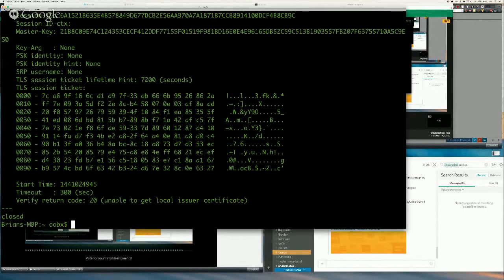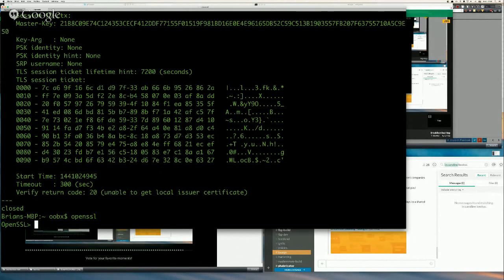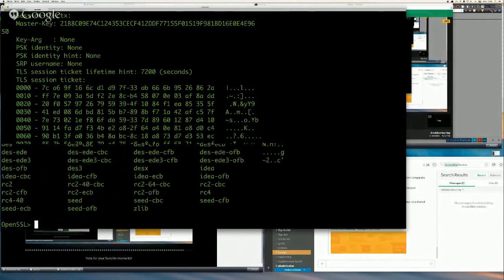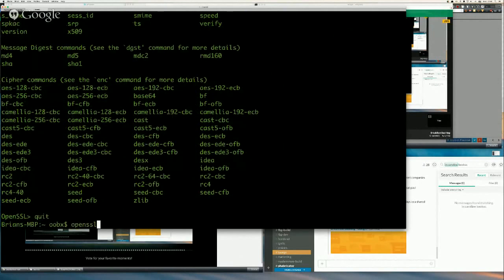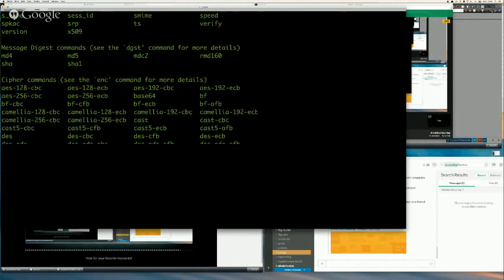So first of all, there's a command in Linux called OpenSSL. And there's a kind of a CLI you can get into, but I'm just going to try to just use the command line without getting into the CLI. So to clear your screen, Control L. I'm going to try OpenSSL s_client